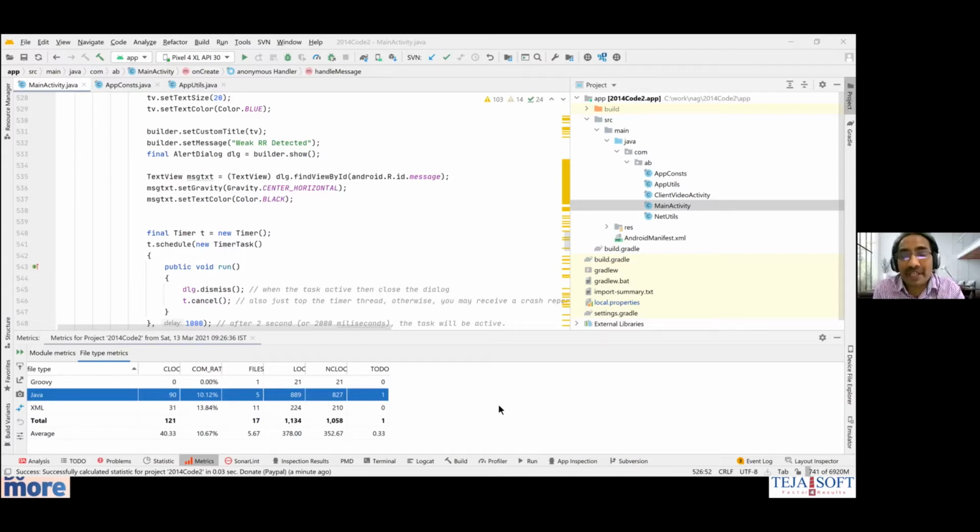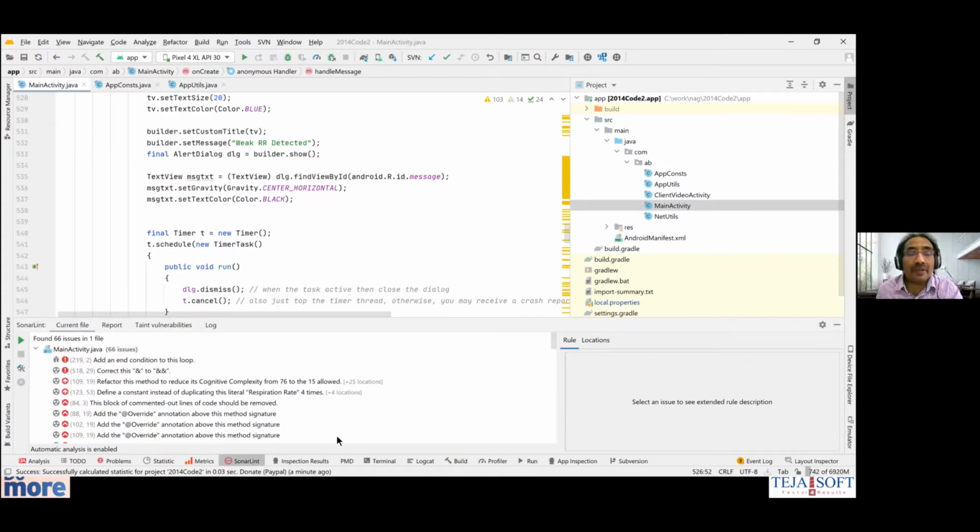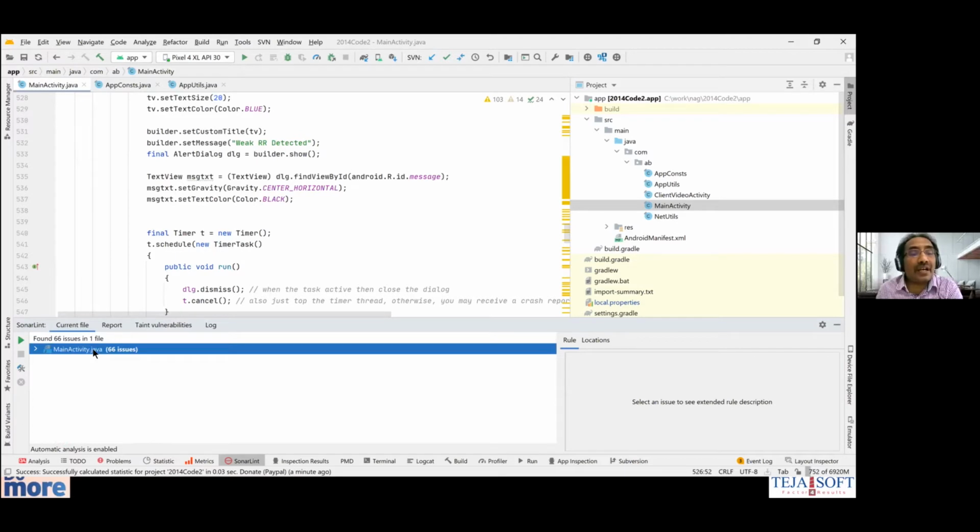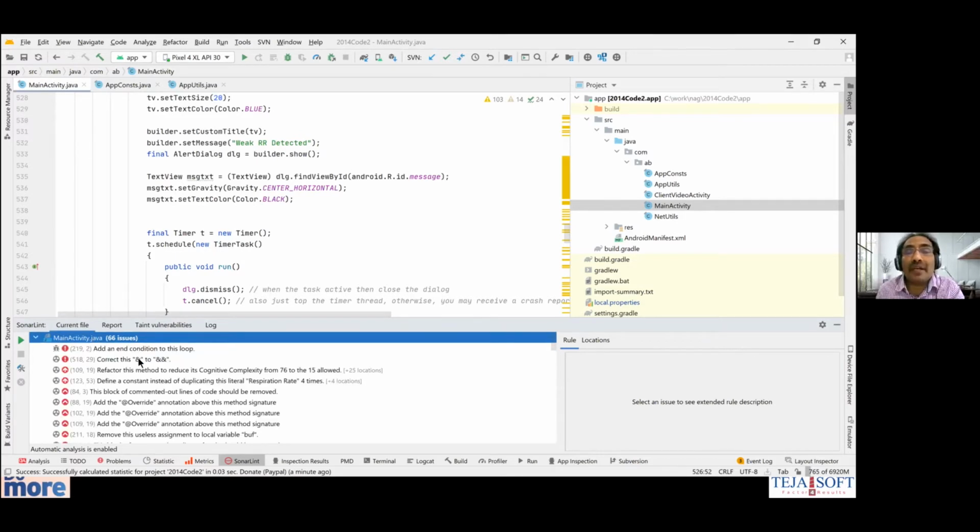But yes, originally from 70,000, we were able to get this part of it because this part was mostly repeated. These patterns were mostly repeated after the careful analysis. And then we did a little more linting. For example, we have also used SonarLint, which shows around 66 issues in one area.